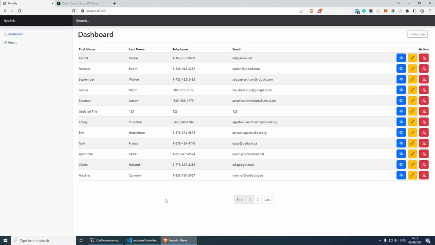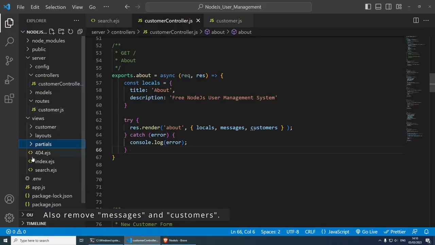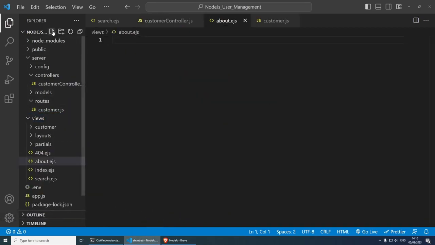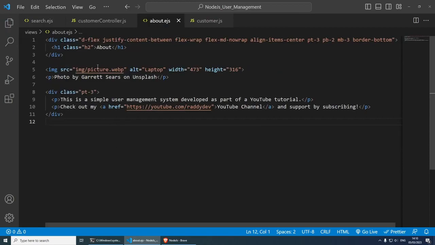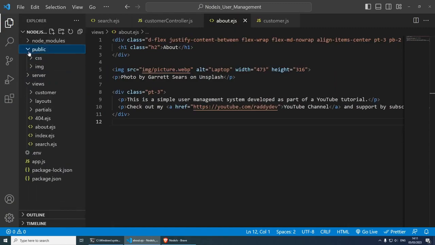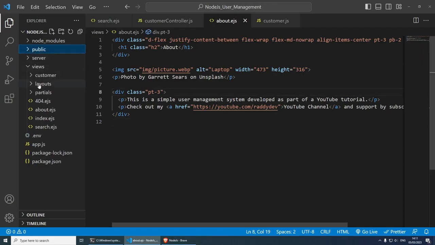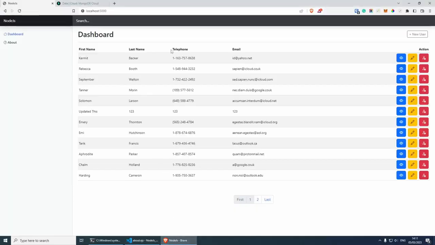And then if I go back and refresh, oh, I didn't create the view. So in views, we need to create an about page, of course. So about.ejs. And in fact, I'm just going to copy and paste some text that I've already configured. So about, we're getting an image from images, which just demonstrates how it works. So I'm going to paste the image as well. We have an image in the public folder and we have a little bit of text, and that's it. So if you go back, refresh, and go to the about page,